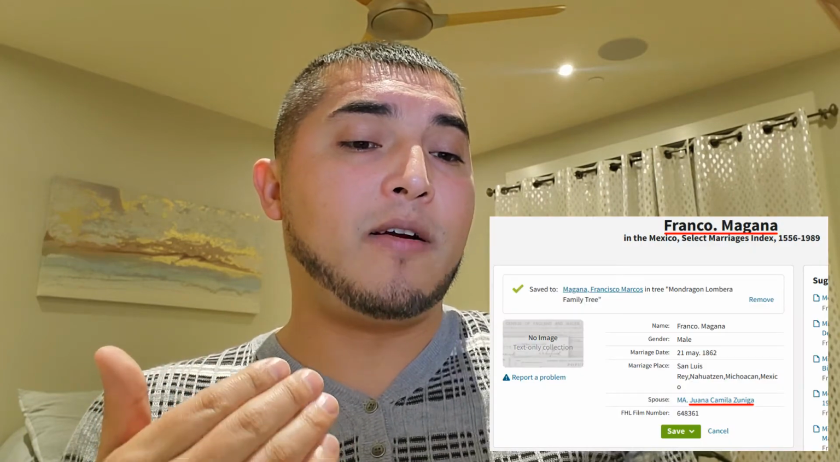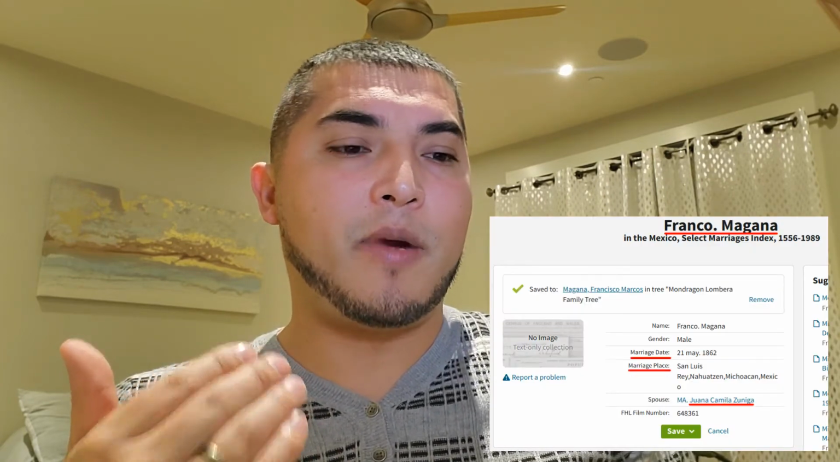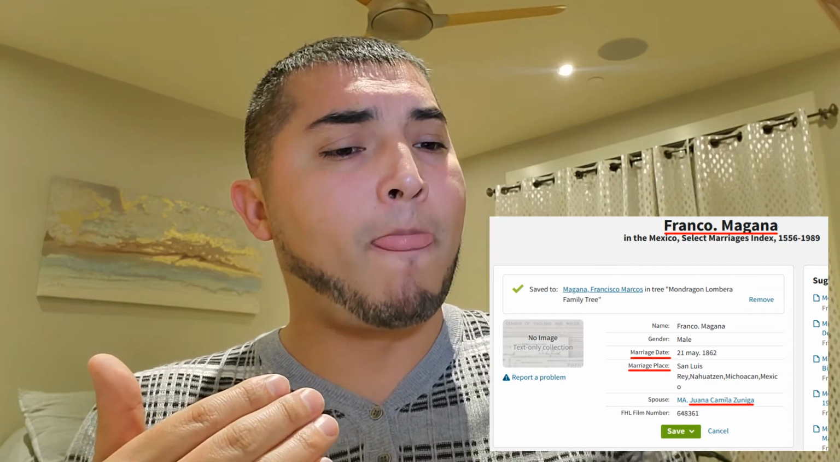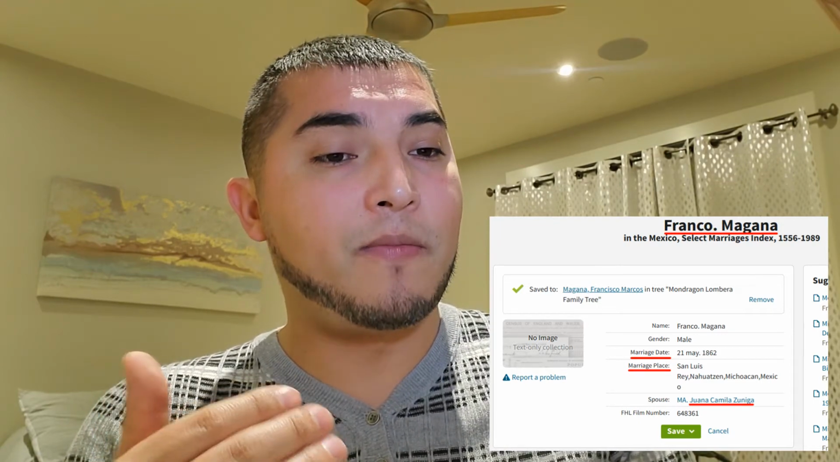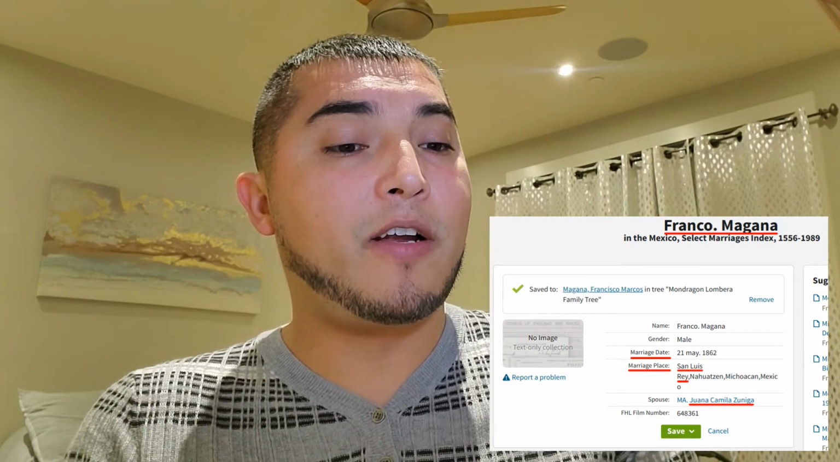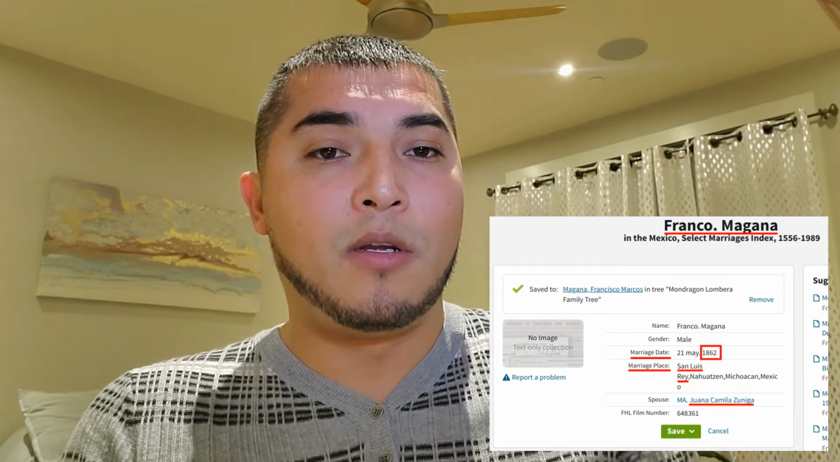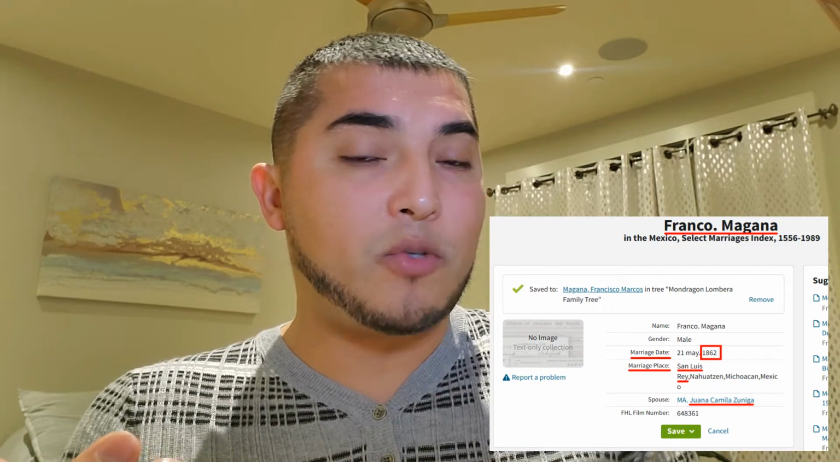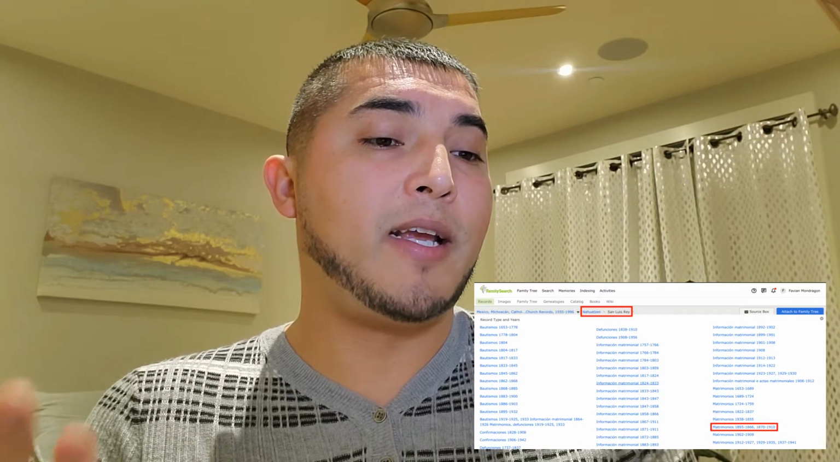But all you would see here is the marriage date and the marriage location. So you would do the same thing. You would work backwards until you would find this parish. And now we're looking for year 1862. And they were married May 21st, just to keep that in mind, 1862. So we look underneath matrimonios, which is the Spanish word for marriages. And 1862 will fall between 1855 and